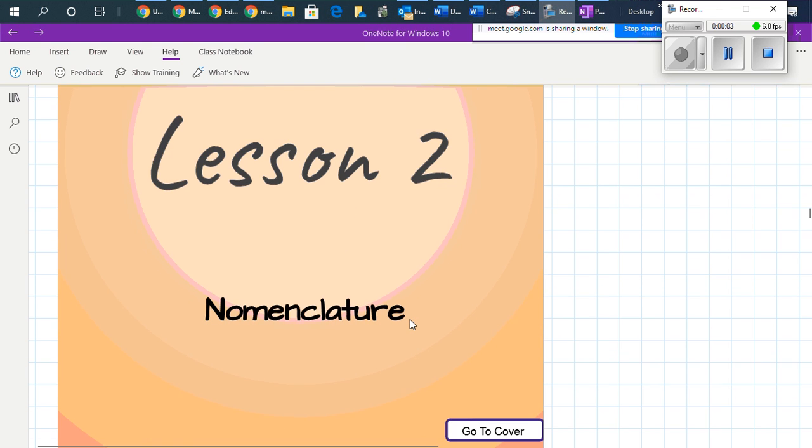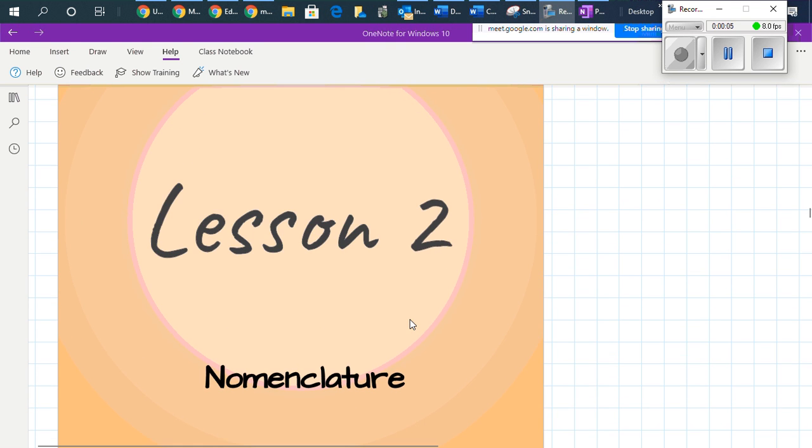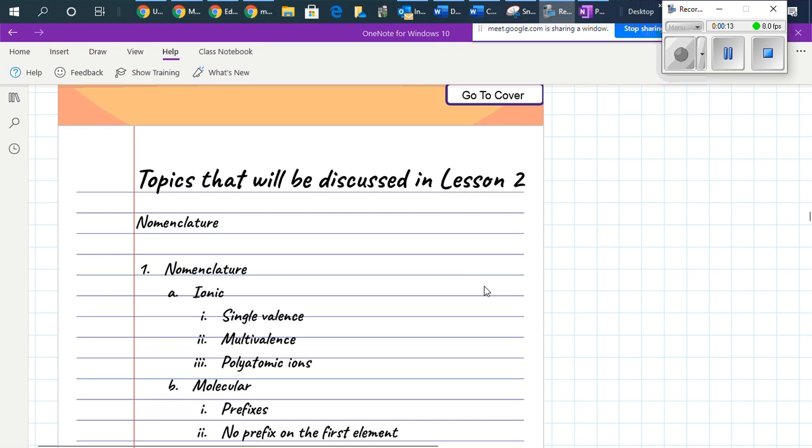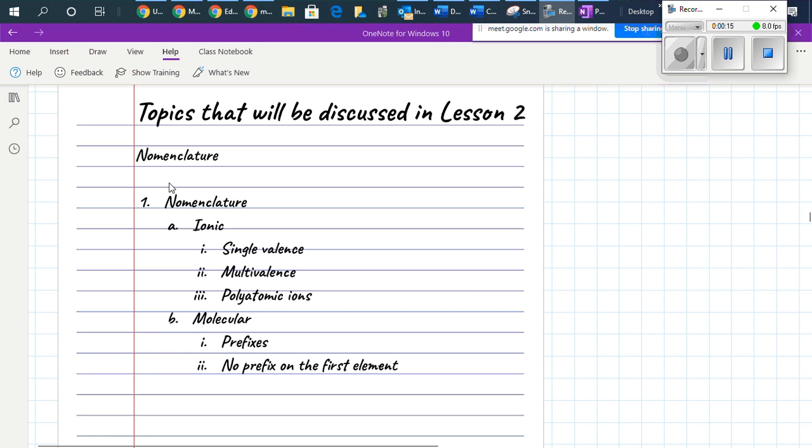So now we'll start lesson 2, which is nomenclature. When we are talking about nomenclature, it is naming. In other words, naming. So what we are covering in this lesson is the nomenclature of ionic compounds and the nomenclature of molecular compounds with